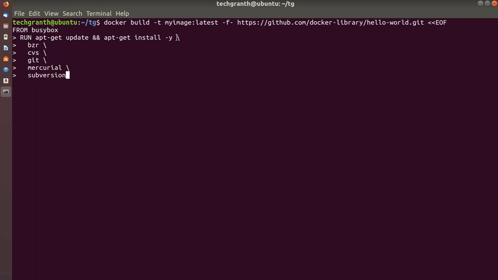And we should add a space before this backslash. So it will also be helpful to reduce our image size and to troubleshoot, or it will remove the dependency and complexity. Okay, so let me just cancel it as of now.